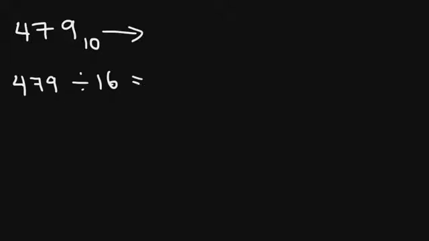But let's begin. Let's start with 479. So how can we convert 479, which is a base 10 number, that's a decimal number, into a hexadecimal number? How can we do this? The first step is to take 479 and divide it by 16. So we said we're going to use a calculator for this, so let's go ahead and do that. 479 divided by 16 is